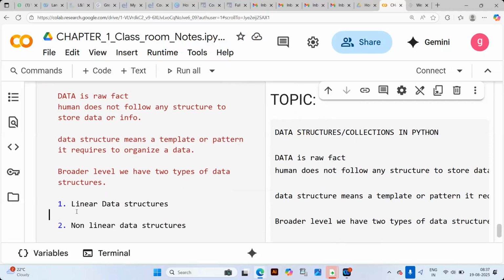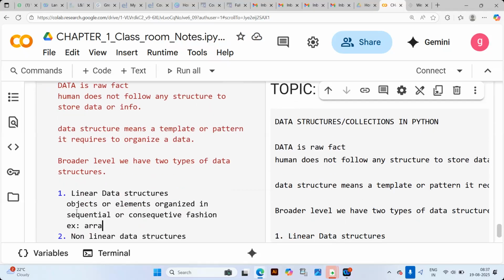Linear data structures mean objects or elements organized in a sequential or consecutive fashion.